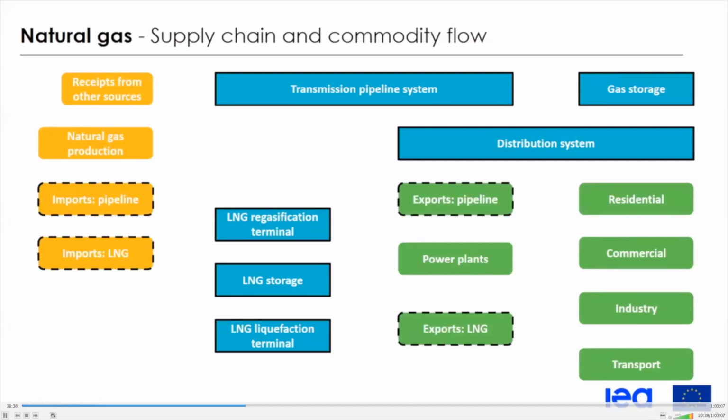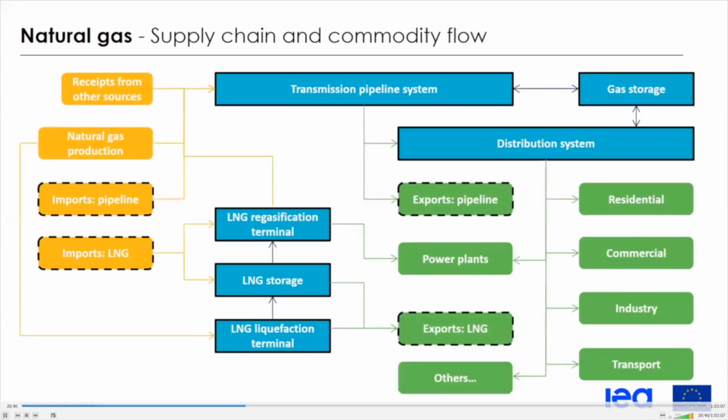Now, the arrow that appears represents the interaction of the flow with the infrastructures. All the natural gas produced or imported by pipelines is mixed in the transmission systems, and the imports of LNG are regasified and then mixed. Some big power plants may be located right next to an LNG terminal and sourced directly from the regasification process.